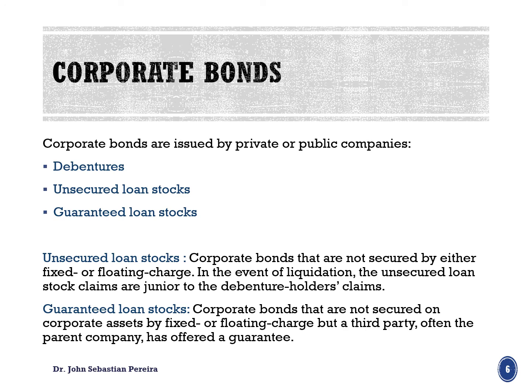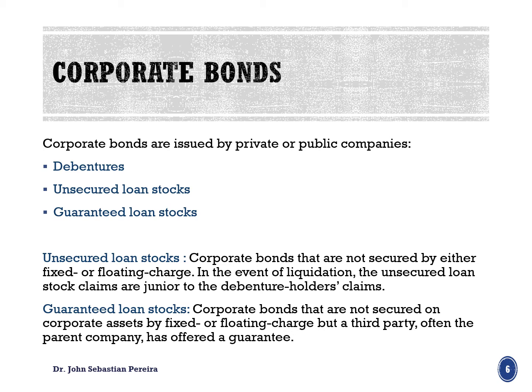Looking further at the corporate bonds, there could be three main types of corporate bond issued by private or public companies. This can take the form of debentures, unsecured loan stocks or guaranteed loan stocks. An unsecured loan stock is a bond issued by a company that is not secured against any fixed or floating charge. If the company goes bankrupt, the unsecured loan stock investors have a junior claim over debenture holder claims. That means first the debenture holders will get the money, and then the unsecured loan stock investors will get the